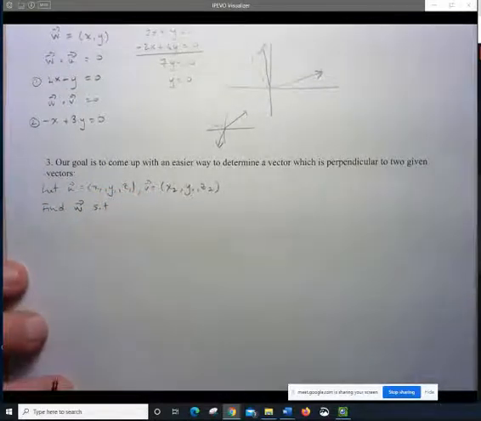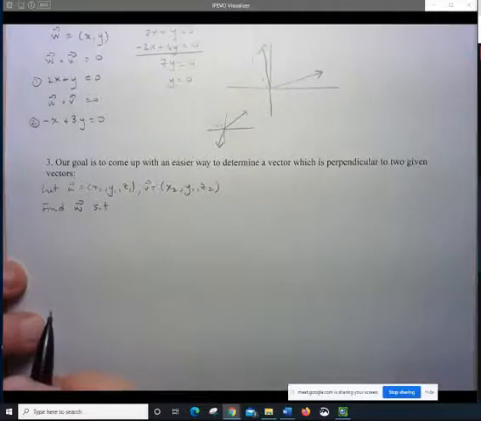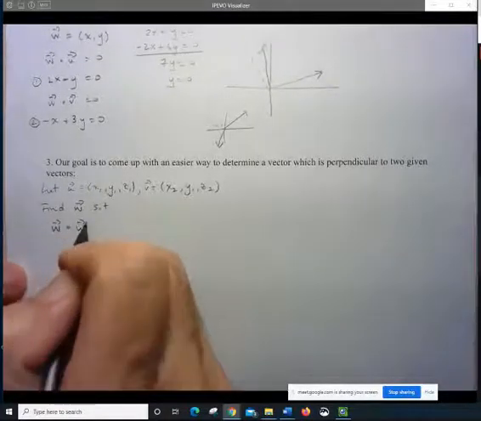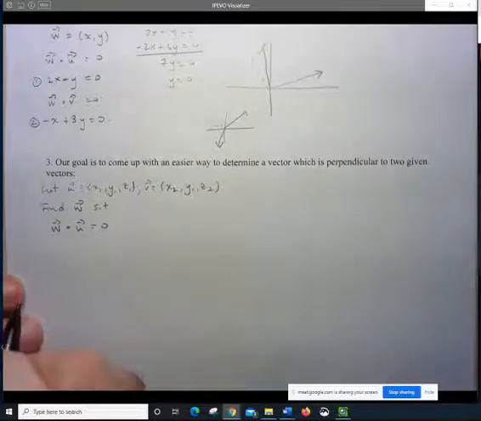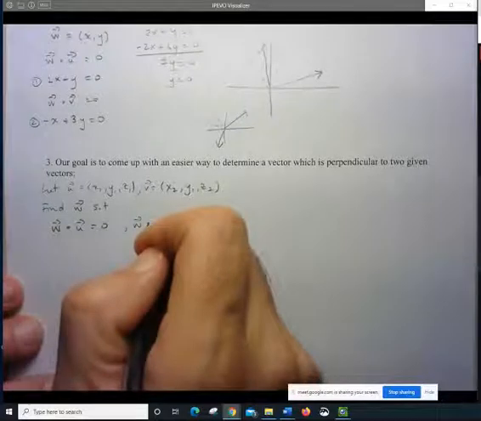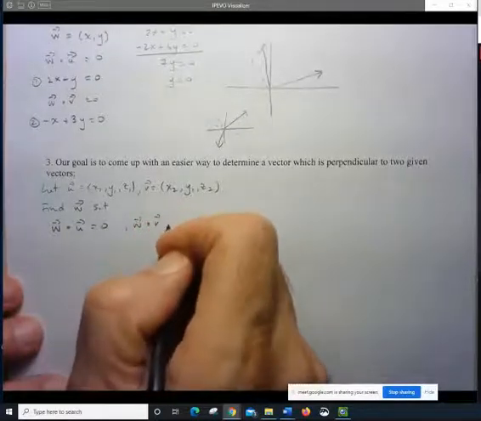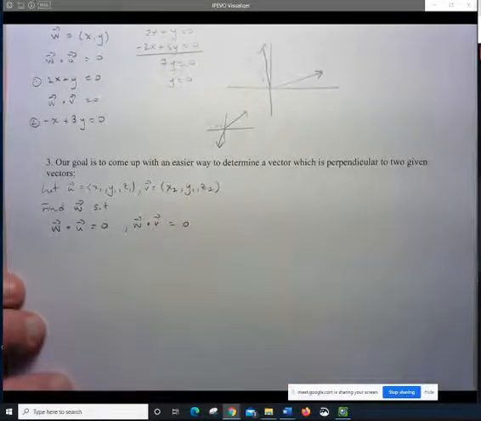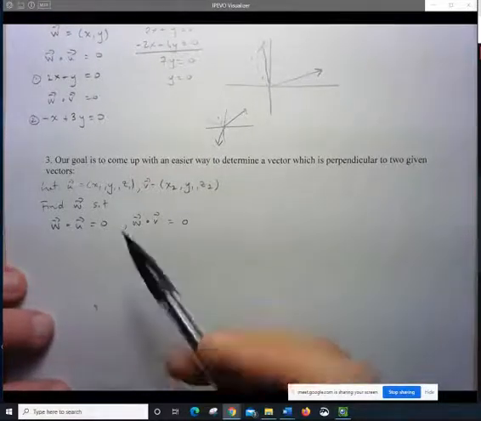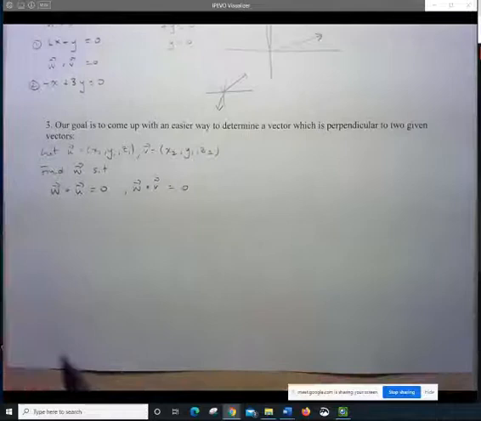it satisfied the two conditions, that w was perpendicular to u, in other words, the dot product was 0, and that w was also perpendicular to v. In other words, that dot product is equal to 0. Okay, and if you follow this process through, you would come up with a formula for not the vector, because